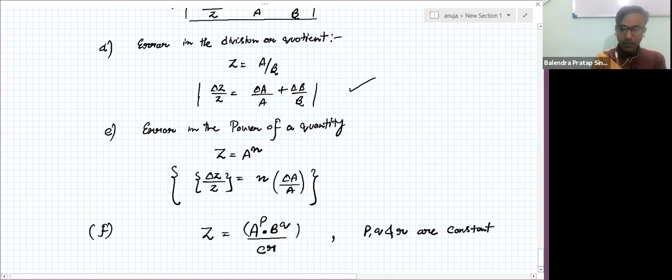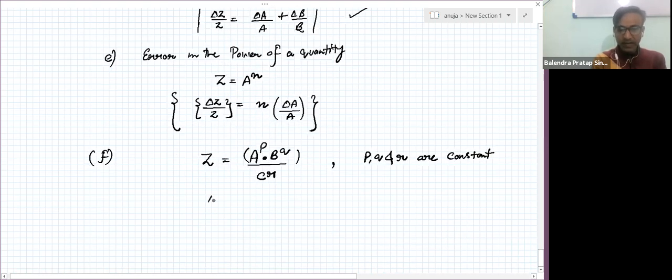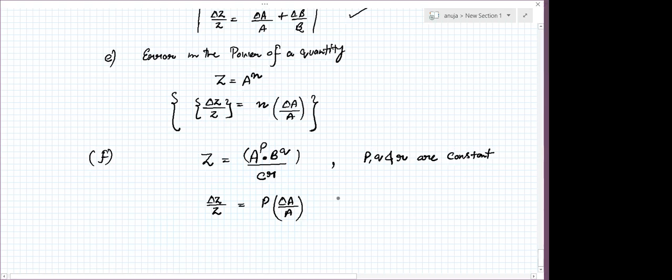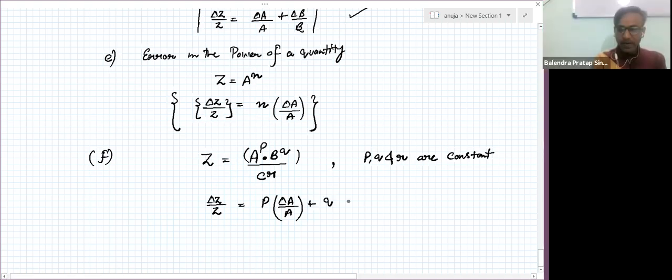Okay. So in this way, the relative error in z is equal to, now, here first solve A into B, so here p will come in multiplication into delta a upon a. Is it clear? First term. Next term: multiplication q with delta b upon b, and in the denominator term there is no effect on the denominator term. The formula will be the same, r into delta c upon c.